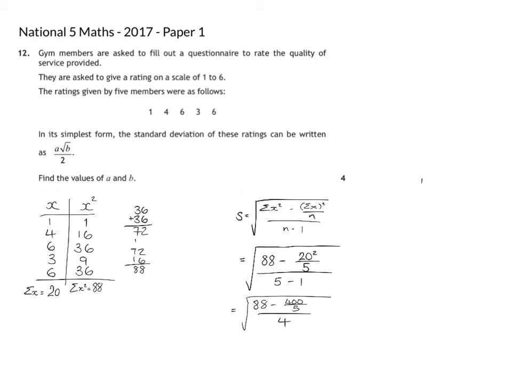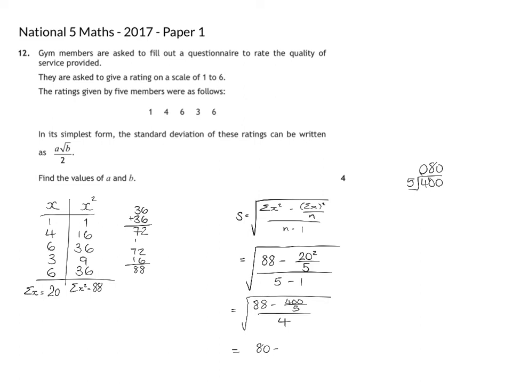So 400 divided by 5, just doing this to be careful, 4 into 5 is 0, remainder 4. 40 into 5 is 8, so it's 80. So here I've got 80, take away